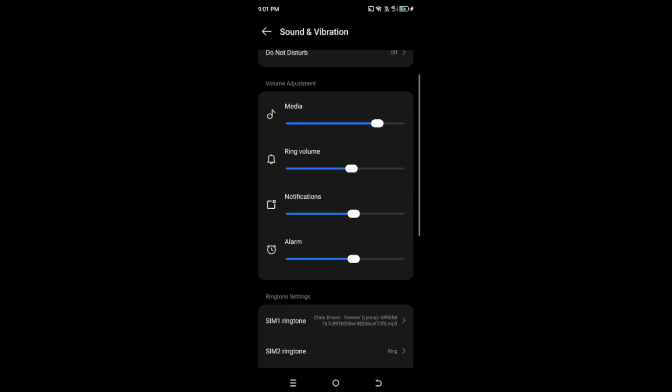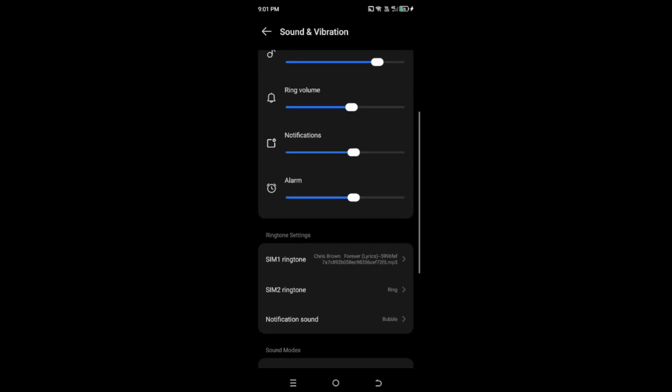If you want a quicker method, press the volume down button on the side of your phone until it switches from sound to Vibrate mode. On some Android phones, you can also tap the sound icon on the volume panel to change between sound, vibrate,